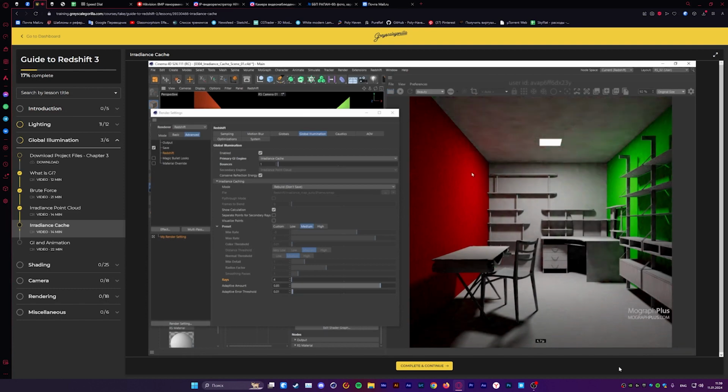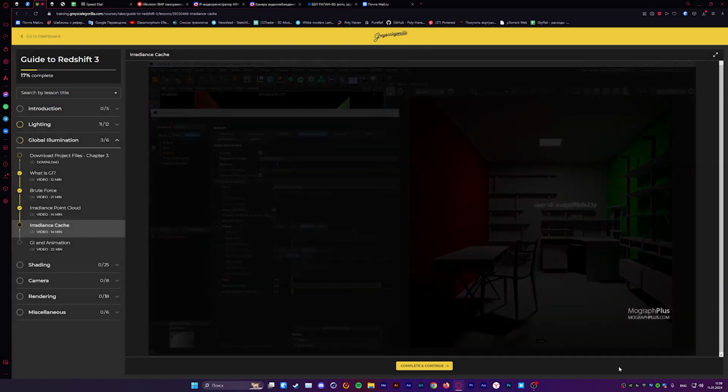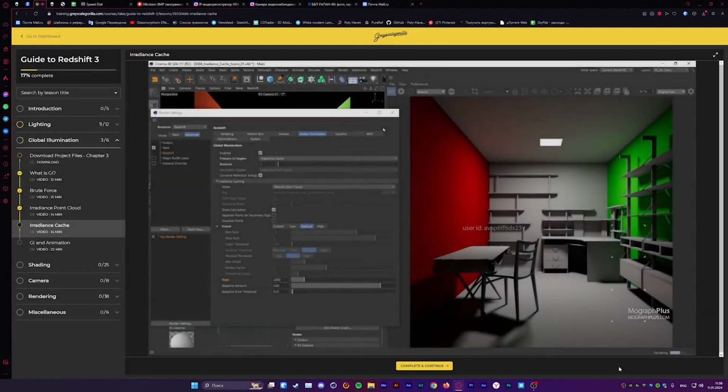And obviously the quality is a lot better compared to our previous render, but still very splotchy and unusable. And as we start increasing the number of rays and render, we get a higher quality GI solution each time. Let's set it to its default of 2000. Normally 2000 will be enough for most cases. For more detailed, complex interior shots and more difficult lighting shots, you might need to use values like 4000 or